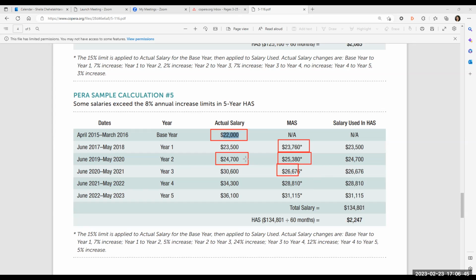Now, I don't know about you, but I've never gotten an 8% annual increase on my regular salary unless I change jobs. So this really doesn't affect most of us. Usually most of us are going to kind of fall more into this example where our salary goes up just a little bit each year, maybe 3%. I mean, when I was a probation officer, I didn't get a salary increase for 3 years. So it just depends, but this is how it works. And then what we do is we take that total salary and we average it by that 5 years. And that's how we get your highest average salary.